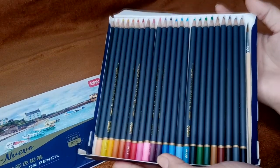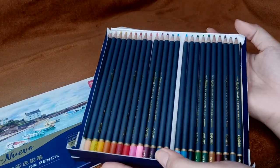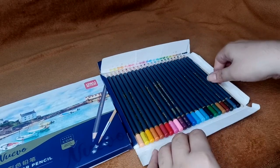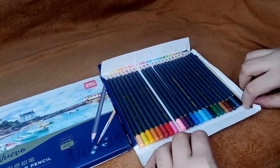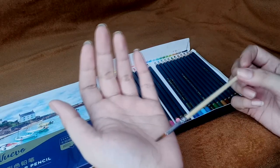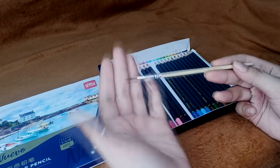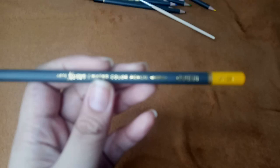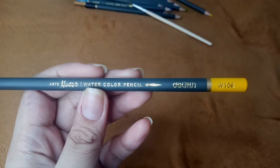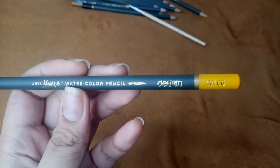I also love that the colors have a gradient variation to it. It came with 24 pieces of watercolor pencils and one free paintbrush. The aesthetic of this pencil set is quite superb. It doesn't look cheap at all. Another feature I like about these pencils is that they have number designations engraved on the bottom part of the